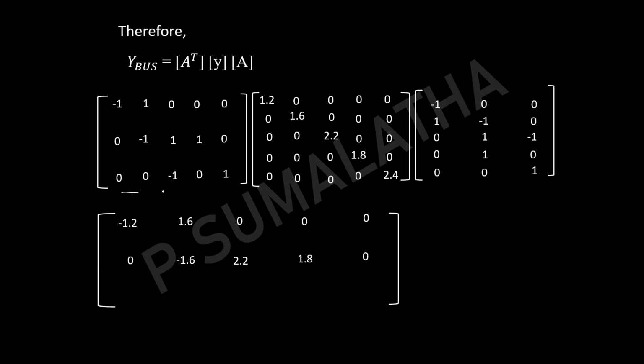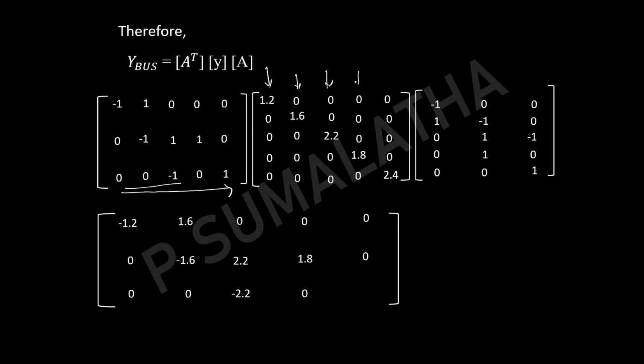Now with respect to the third row, if you multiply the third row with the first column, you will have 0. Then 0 into 0, 0, 0 into 1.6, 0 and remaining all values are 0. So finally you will have a 0. Then 0, 0, -1 into 2.2 will be -2.2 and the remaining two values are 0. That's it, we will have -2.2. Now with respect to the fourth column, first 3 zeros are there, so it will be a 0. Then 0 into 1.8 will be 0, 1 into 0 will be 0. So finally you will have 0.